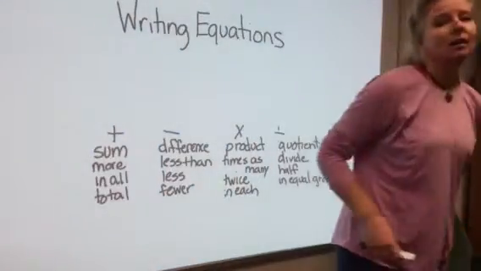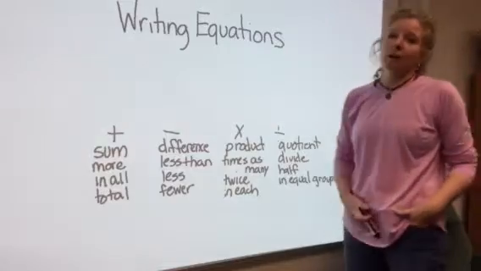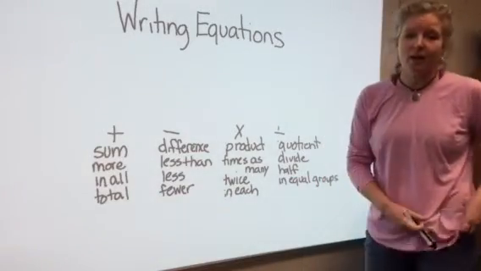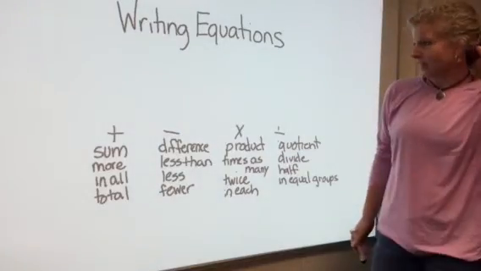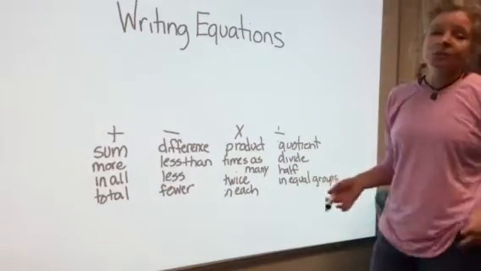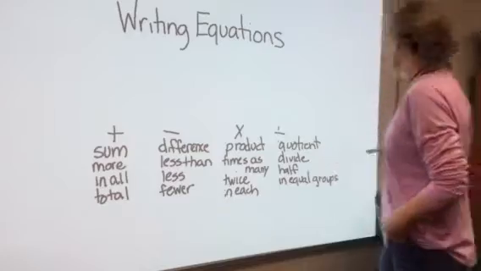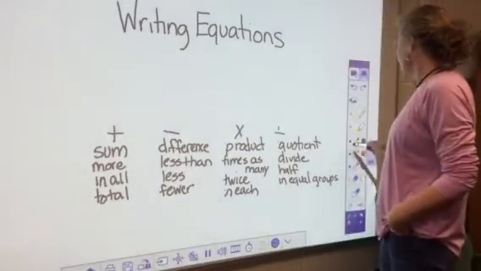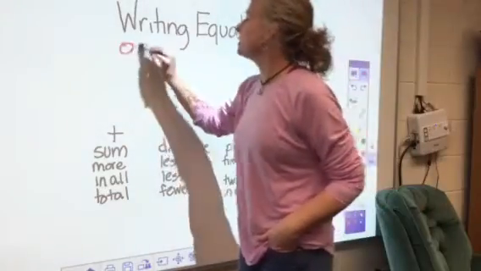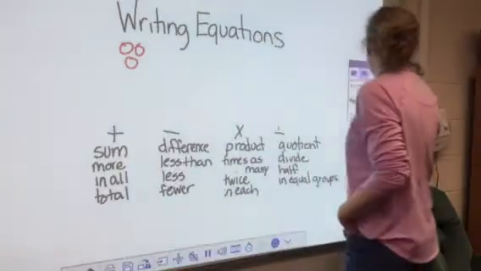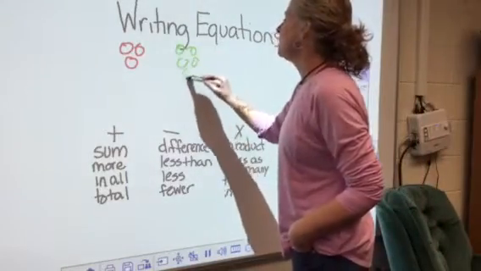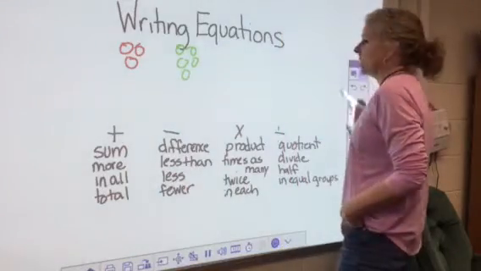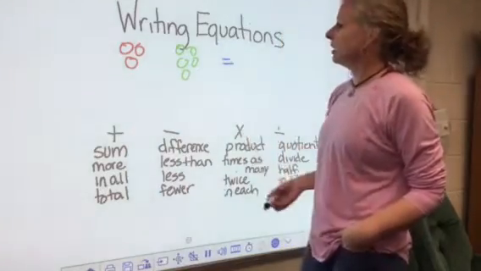Part of what makes this chapter so challenging is the language. We've talked about expressions, we've talked about equations, and we've talked about evaluating expressions. Now we're going to talk about writing equations. That sounds fancy, but it can mean something as simple as this. If I'm going to write an equation to find this unknown,